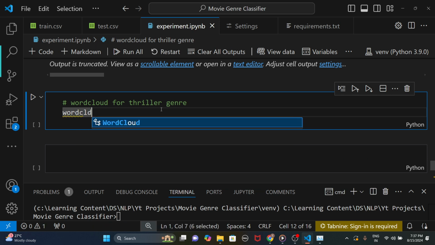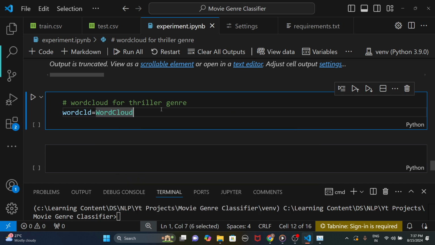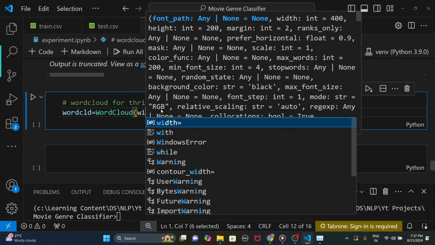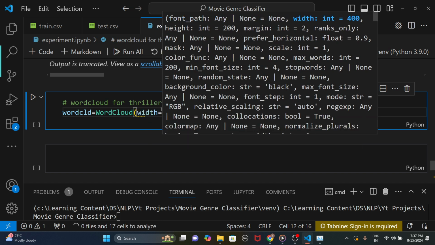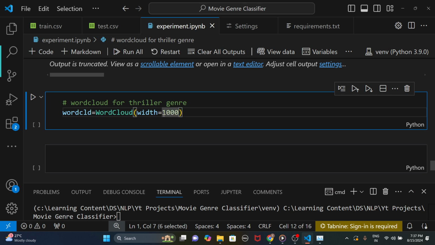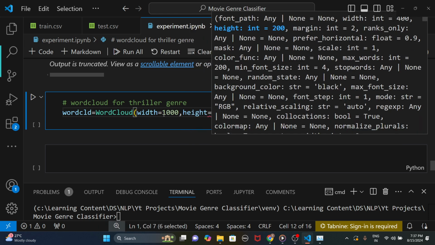Now first of all I need to initialize it. So cld, for example, equals WordCloud. Let's see what all parameters we have as of now. So we have font path, width, and everything, right? Let's first give the width. I don't know what width we can give now, so let's give 1000 or a random width as of now. Let's see how it's coming. Later we can improve the parameters. So with 1000, and let's give height maybe also 1000,